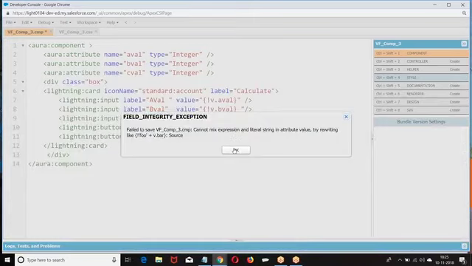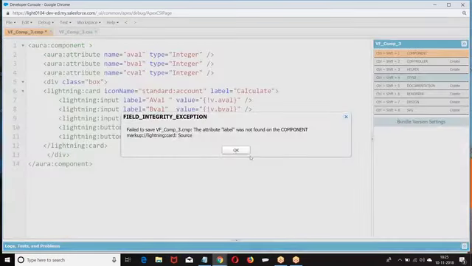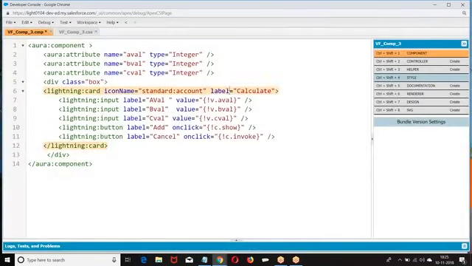The attribute value I have taken: type equal to, name equal to a value, type equal to integer. In the value, I don't think there is a mistake actually. Is there any spelling mistake? Value equal to... space here. Yeah, I have a space here. See, label was not found in the component card. Where was this title? This is not a label, this is a title.